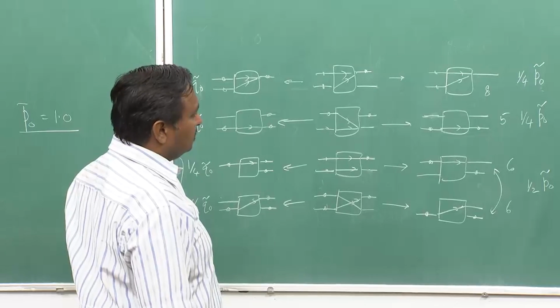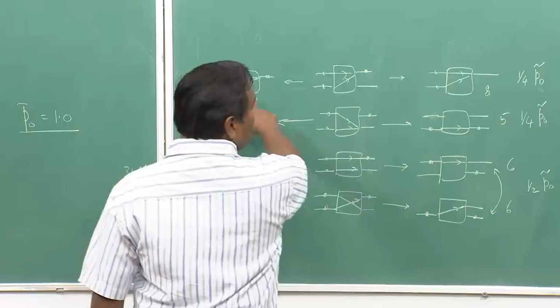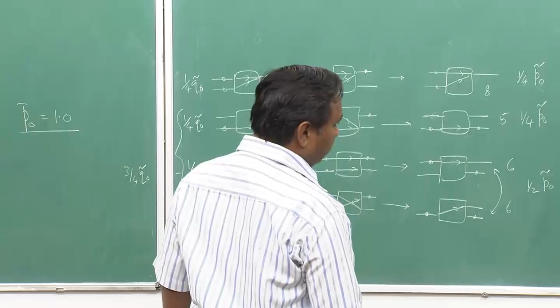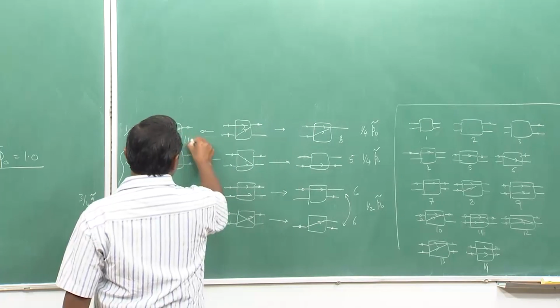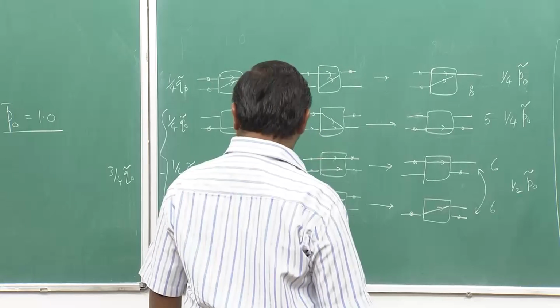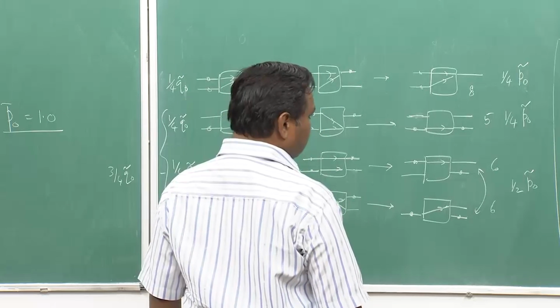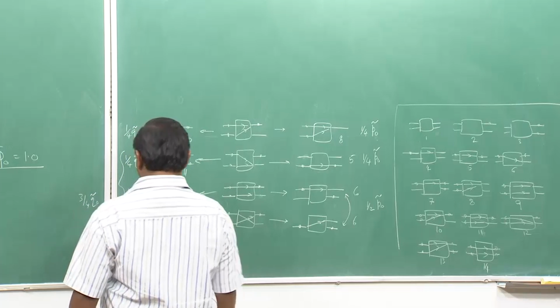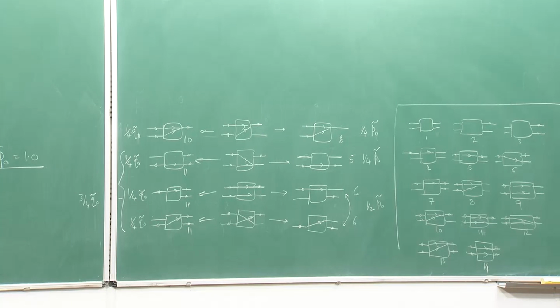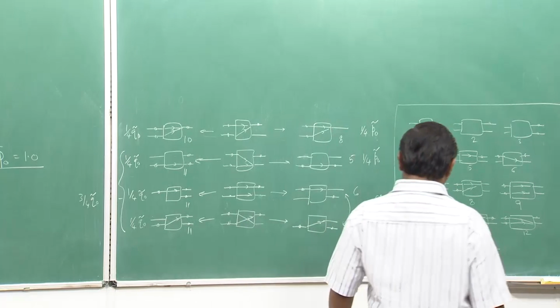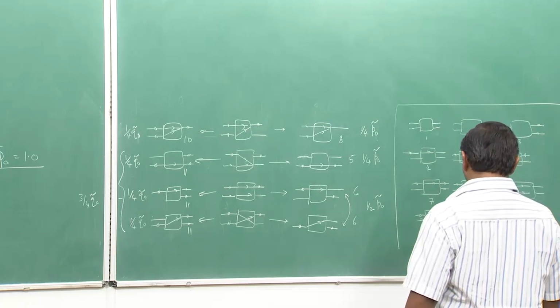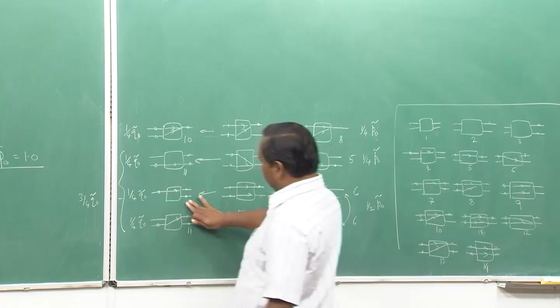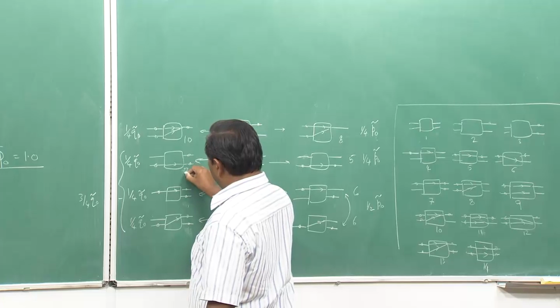So, these are 8, 5, 6, and now this particular state is state 10. Then we have the next state, this one is 11, this one is 11, this one is 11. So, 11 goes by this. So, I can write down here, just a minute. Oh, this is not 11, this is 7 actually, sorry, this is 7.